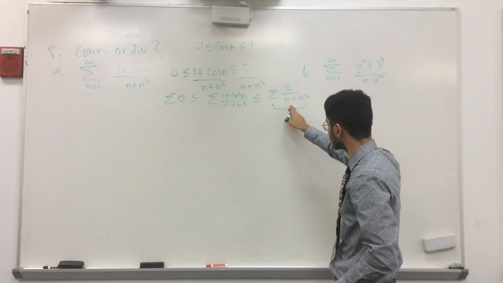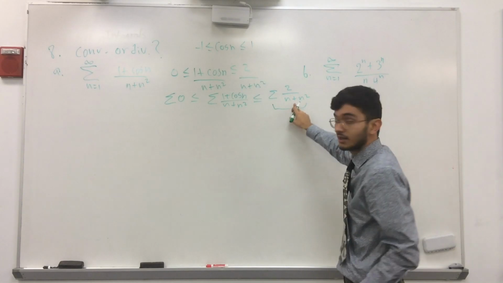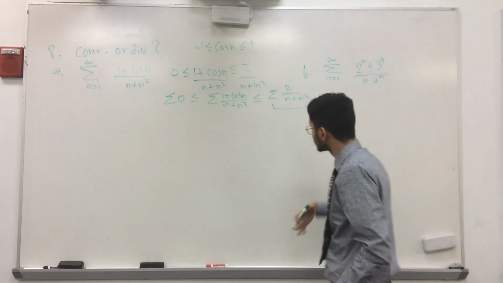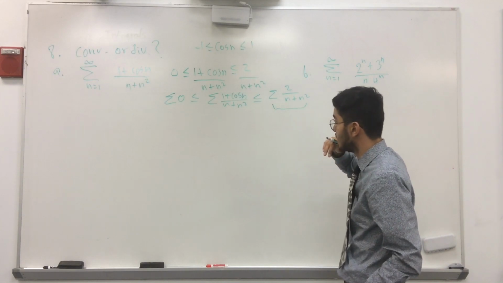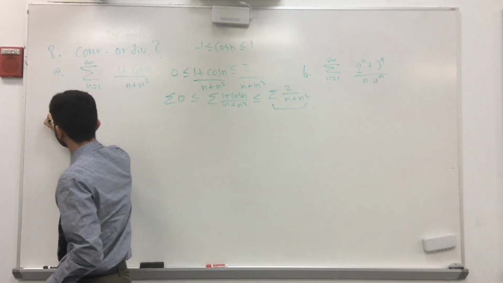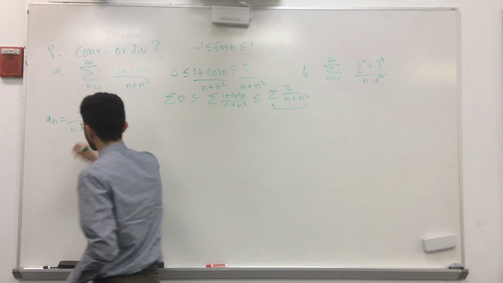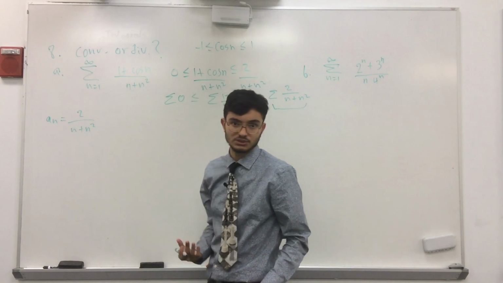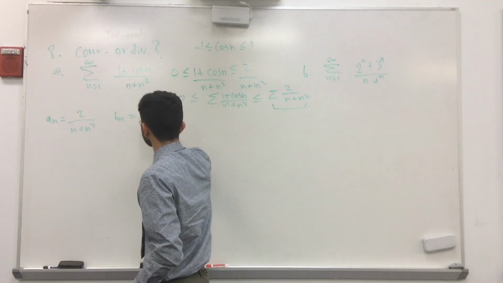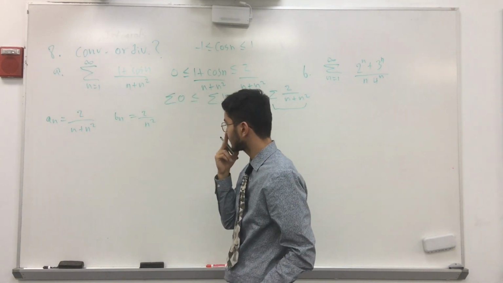So let's use the comparison test. We could even find the value of this sum using telescoping series methods, because it's actually a telescoping series. So let's use both just to be safe. If we have that a_n is equal to 2 over (n plus n squared), we want to compare it to the highest power in the denominator. So saying that b_n is equal to 2 over n squared,